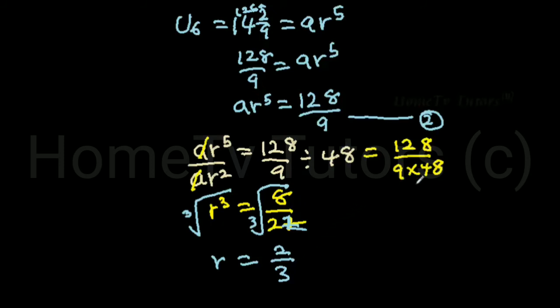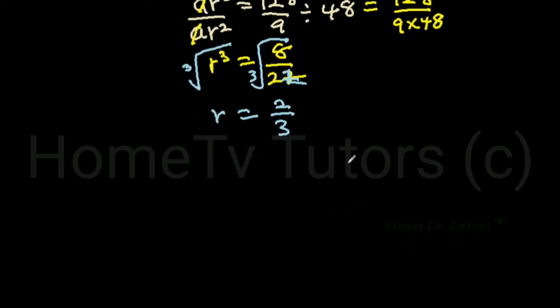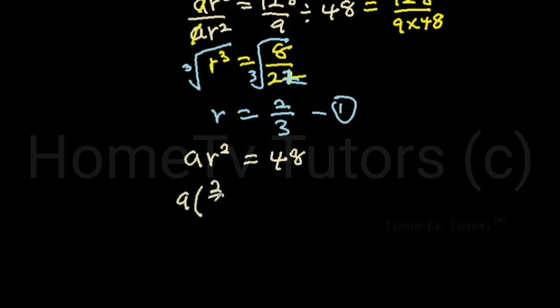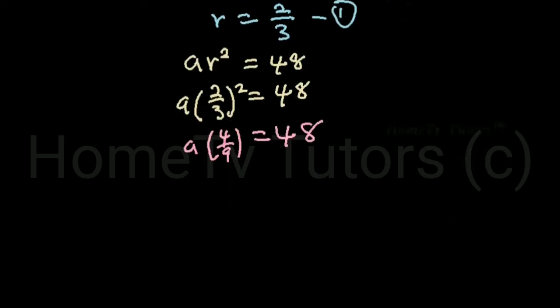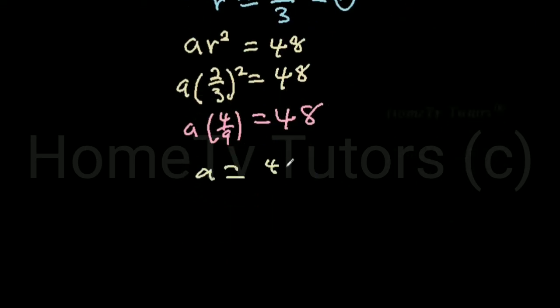So now we substitute the value for the common ratio 2/3 in equation 1. Equation 1, which is ar to the power of 2 equals 48. So now we just substitute 2/3 for r. So a bracket 2/3 to the power of 2 equals 48. The square of 2/3 is 4/9. So we have a bracket 4/9 equals 48. a is equal to, by the time we cross multiply, we have 48 times 9 to be divided by 4. And that will give us